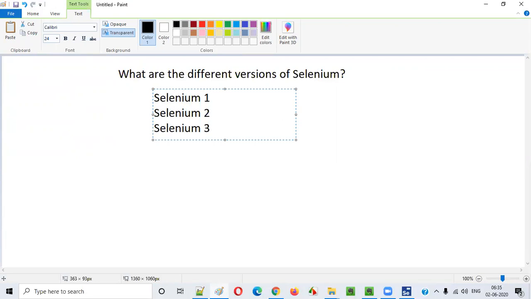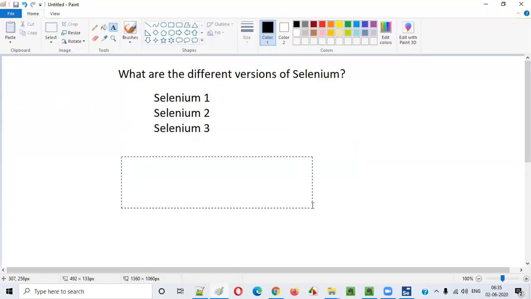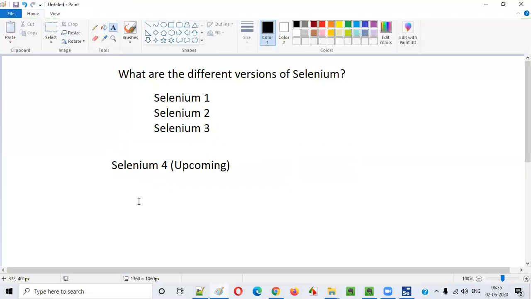Selenium 3 is the third version, and the current version is also Selenium 3. But the complete market is awaiting the future version of Selenium, which is still not in the market, guys. That is nothing but Selenium 4. This is upcoming.